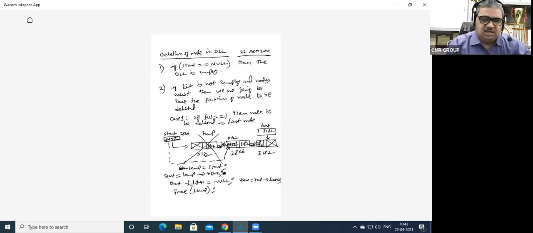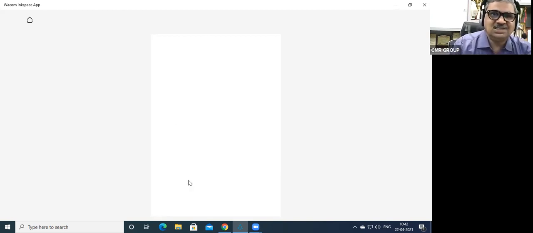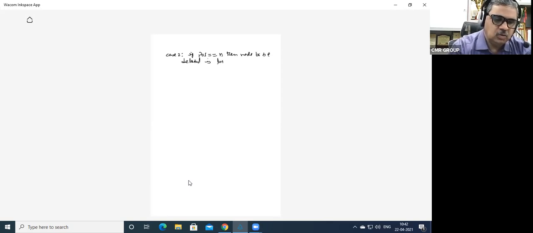So now let us go to the next page, where we take the next case, when the position has been given. If position is equal to n, then the node to be deleted is the last node.